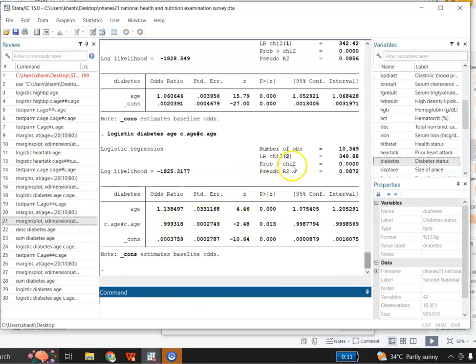These are my results. Now total observations again 10,349, and this is the likelihood ratio chi-square. Its value is 348. This is the probability value of the chi-square, and this is the pseudo R-square. Now this is the coefficient for age, and now the coefficient of age is different as compared to this one, and the constant has also changed. We can compare this value with this value, but now I have the square of age, and its odds ratio